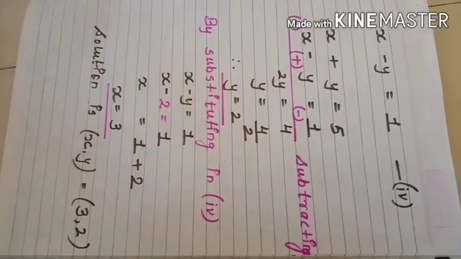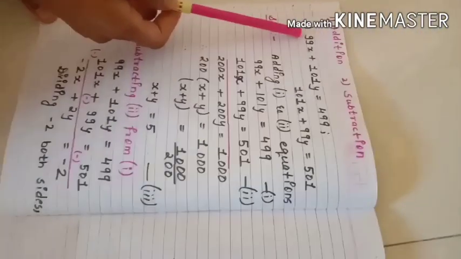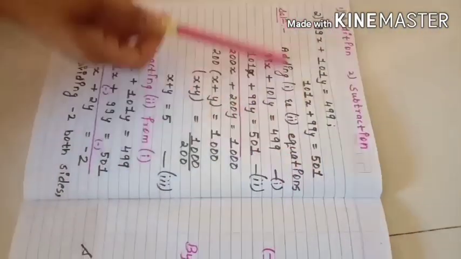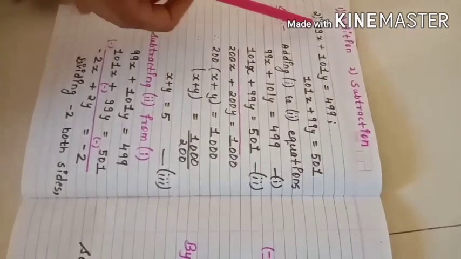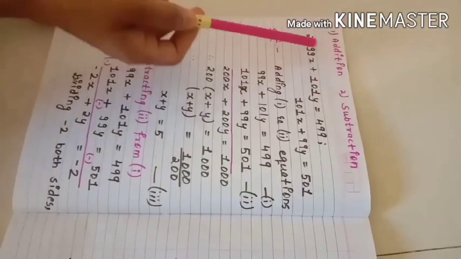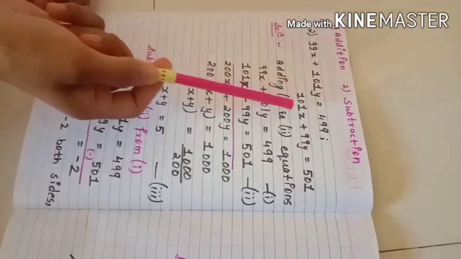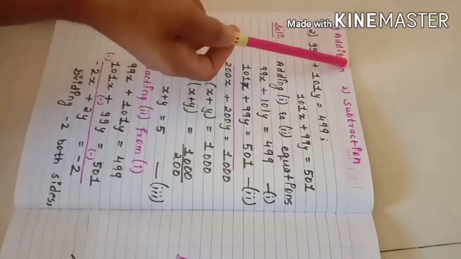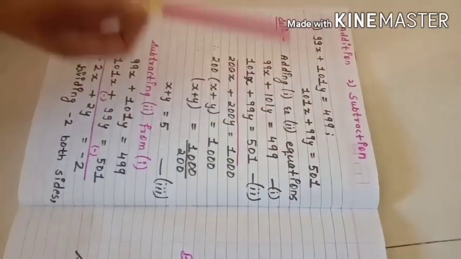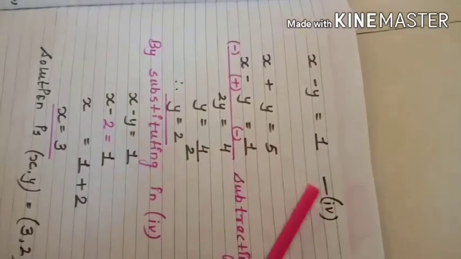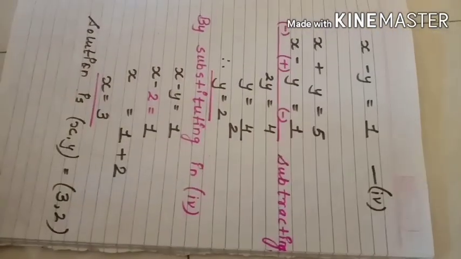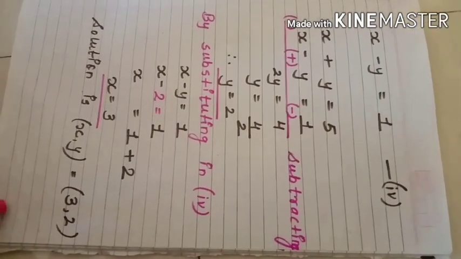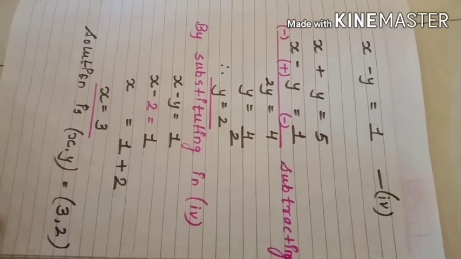So here I'll again explain you. Whenever the question of this types comes in your exams, there if x and y is constant become interchanged to the next equation. So this is the only step you have to follow by adding ones, by subtracting ones, and once you got your equation, you have to solve them simultaneously. So you will get your answer. So this was the first part of the 10th standard, first chapter algebra.